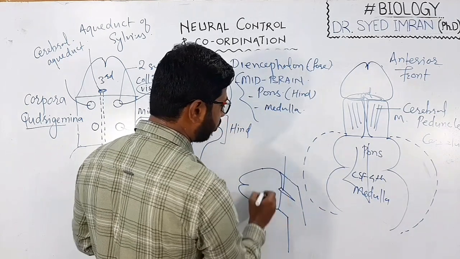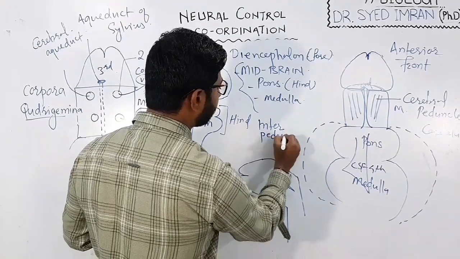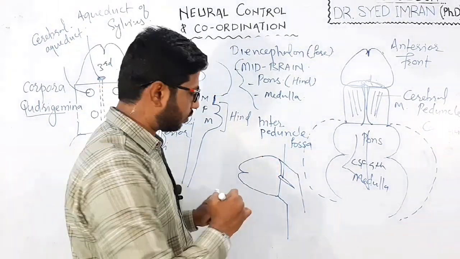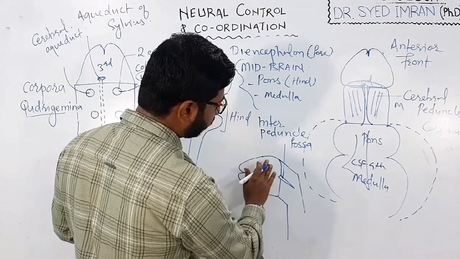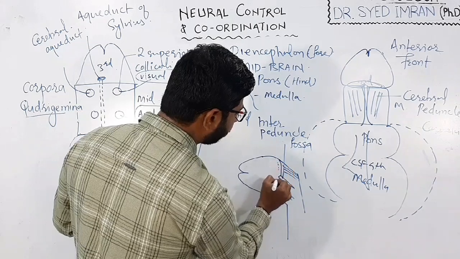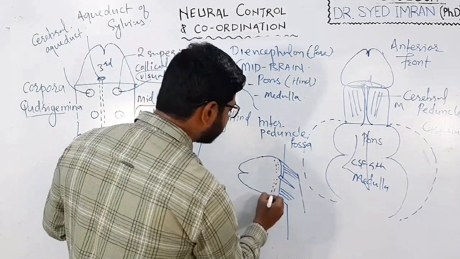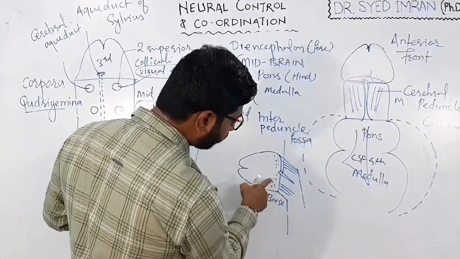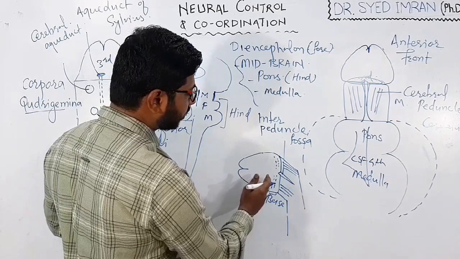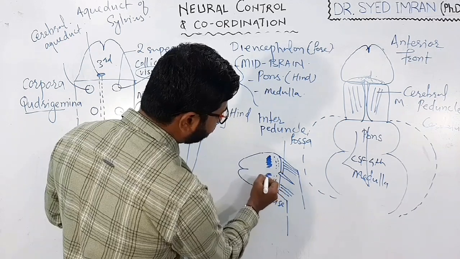When we observe this part anteriorly, this depressed narrow part looking here, also this depressed narrow part, is the interpeduncular fossa. Okay, so at the floor of the midbrain, the tangential nerve fibers continue, and the band of tangential nerve fiber on the floor is known as the base. So this portion is called what? Base.